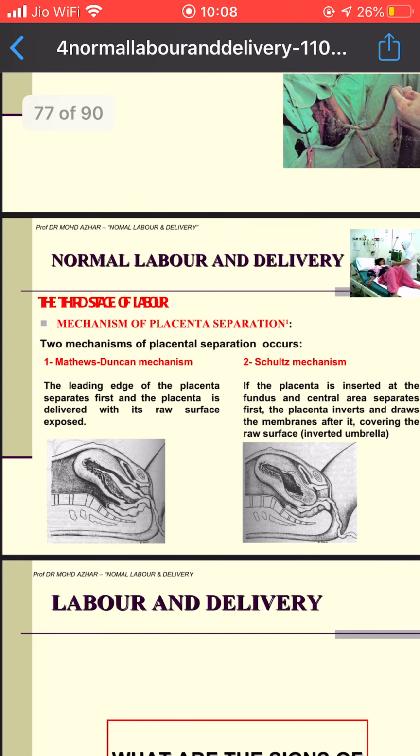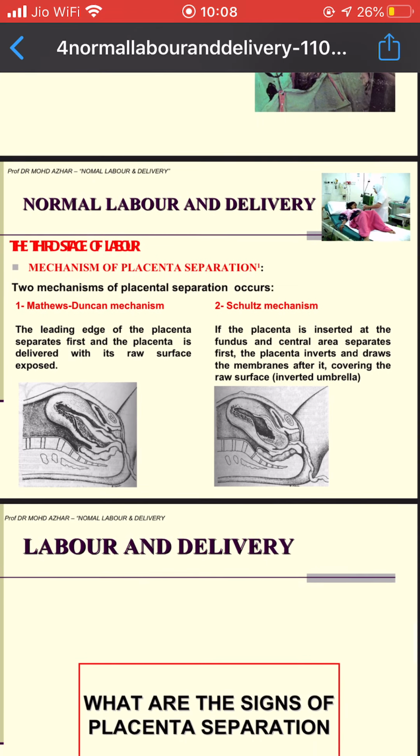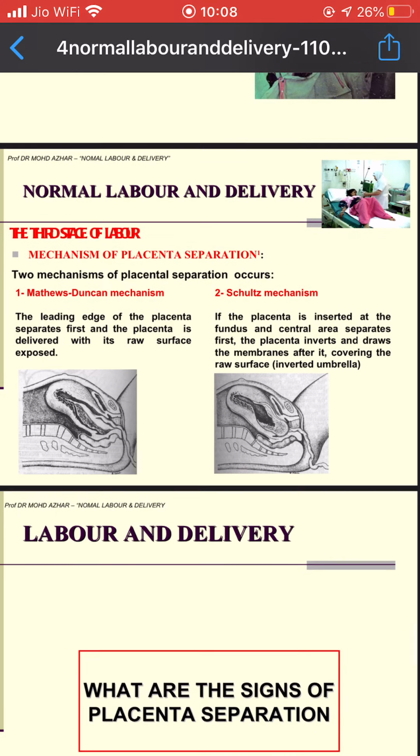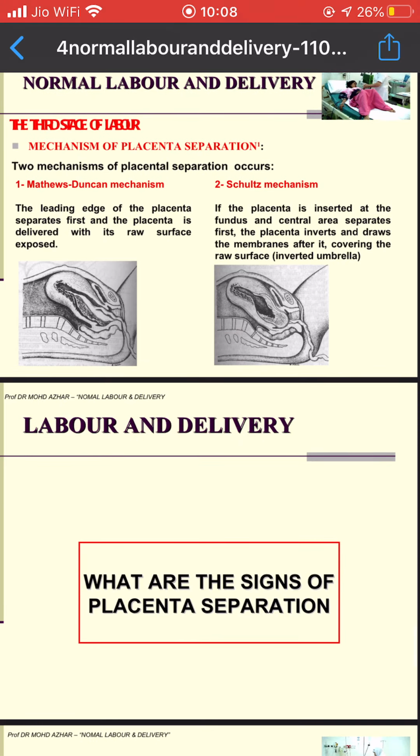Right. The leading edge of the placenta separates first, and then the placenta is delivered with its raw surface exposed. Schultze's mechanism: if the placenta is inserted at the fundus and the central portion separates first, the placenta inverts and draws the membranes after it, covering the raw surface like an inverted umbrella. Now, what are the signs of placental